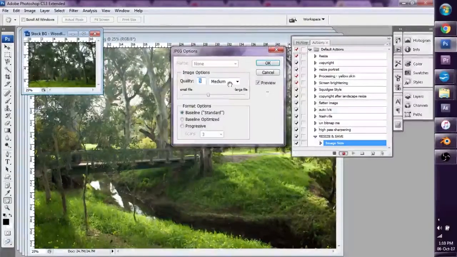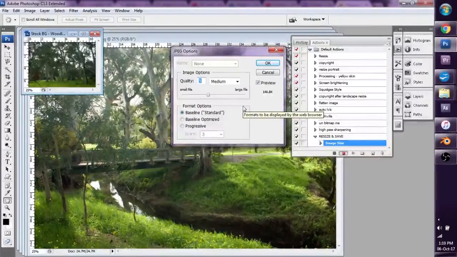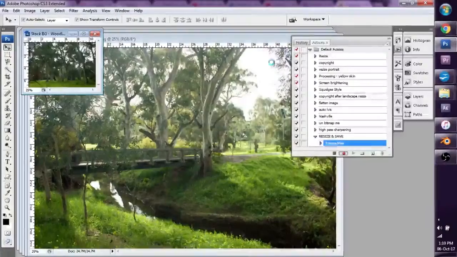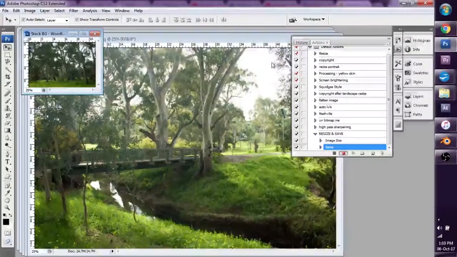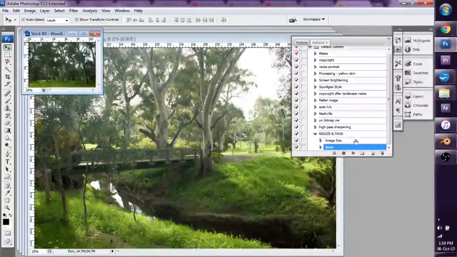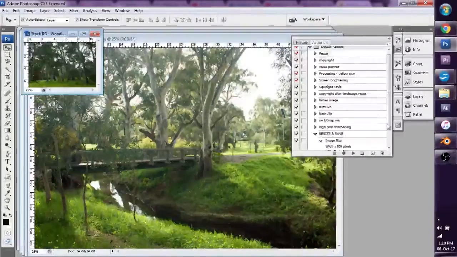And because it's JPEG, we're going to get this other option. Quality will be medium, which is actually high quality but more compressed, and press OK, and it should be saved. Now we press the stop on action, and now all the steps that we took will be saved in this action. So if we expand these, we can see